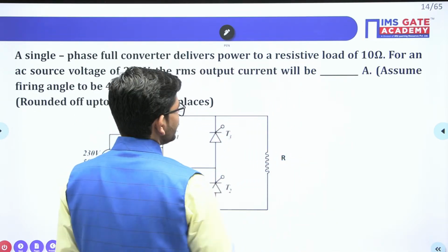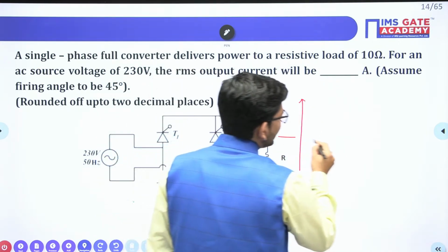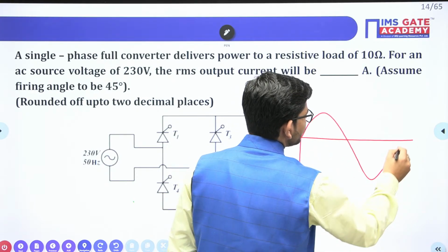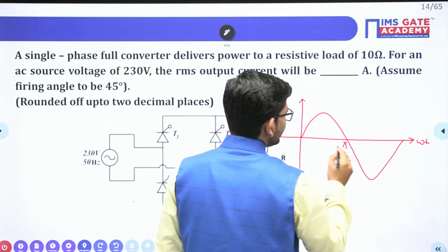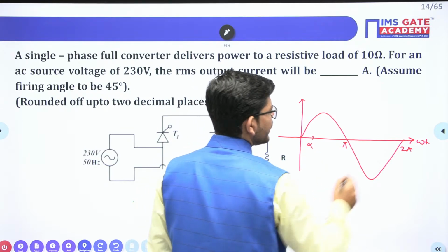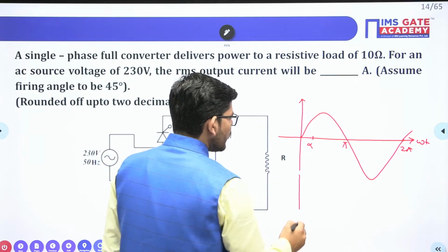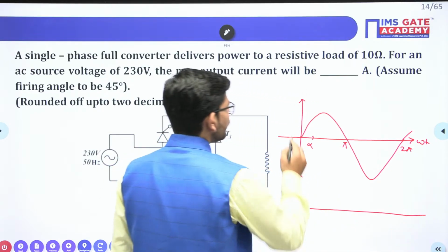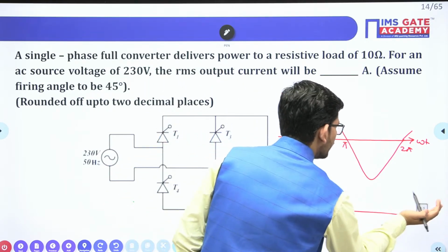So guys, if you see here, the applied voltage is sinusoid. If I draw that voltage, this is pi and this is 2 pi, and let me call this the alpha angle. Similarly here we will have 2 pi plus alpha. Now if this is Vs, when you plot the output voltage,